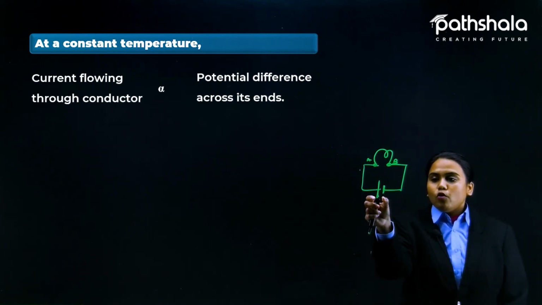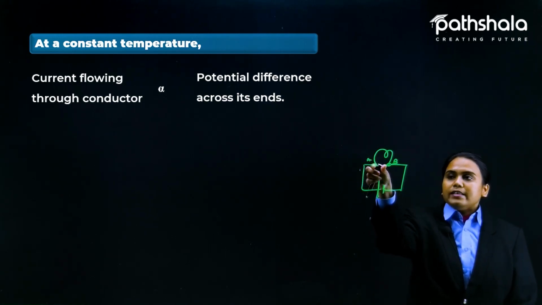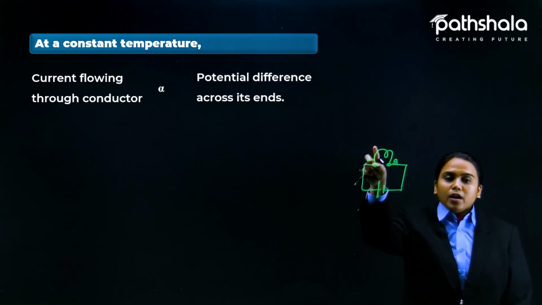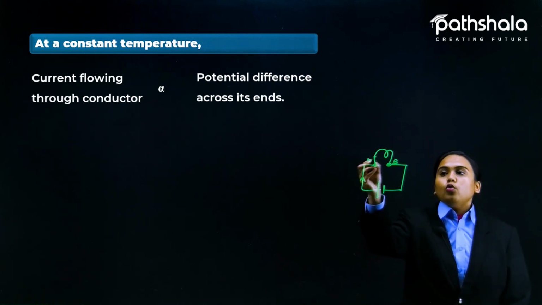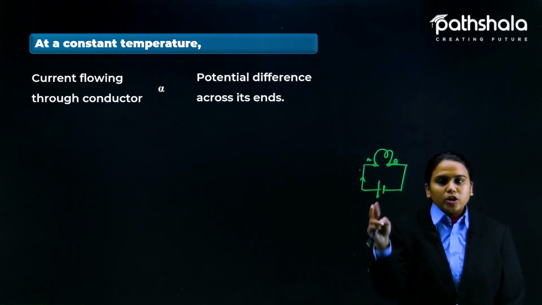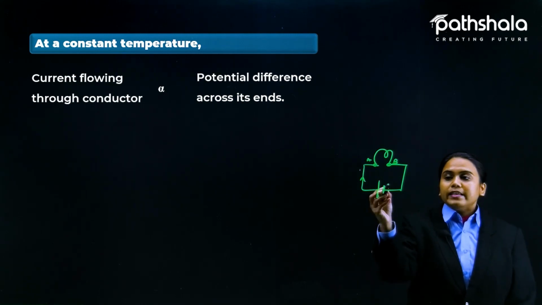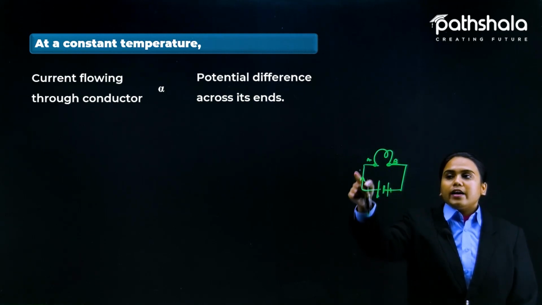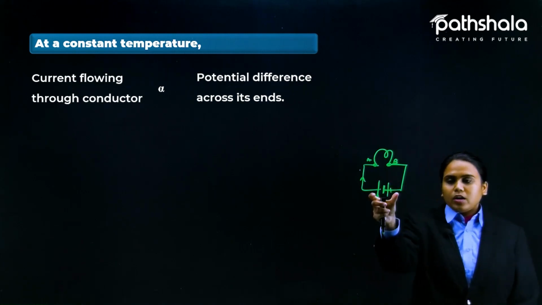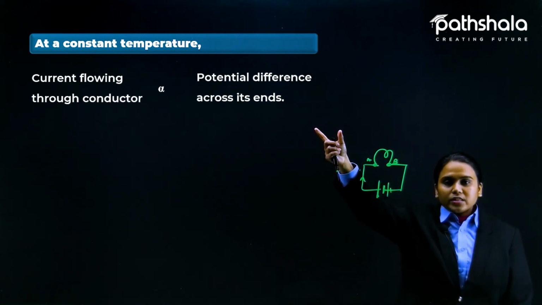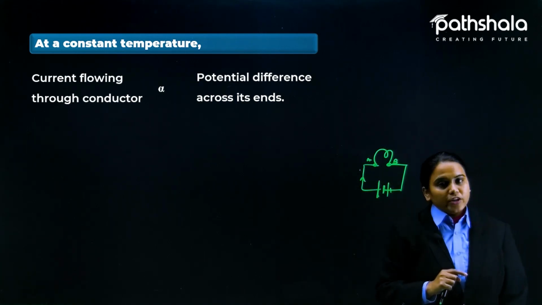Okay, so here the voltage applied is directly the potential difference across this bulb, or we can say any other appliance. Fine. So the current flowing through it is directly proportional to the potential difference applied here. Yes, definitely. If we increase the number of batteries here, then the current flowing here will be more. So that is how we conclude that at a constant temperature, the current flowing through the circuit will be directly proportional to the potential difference.